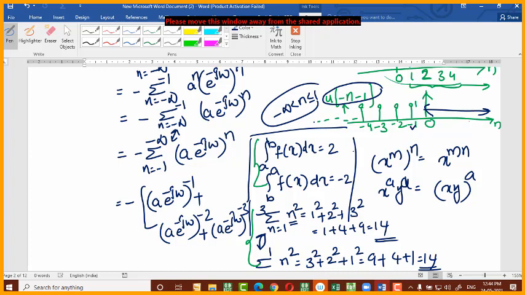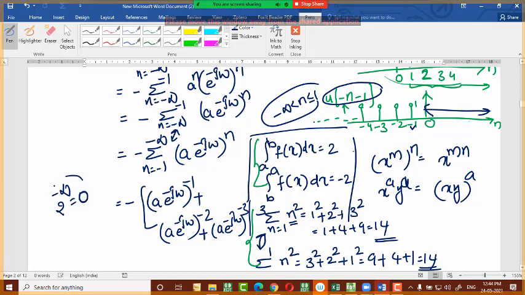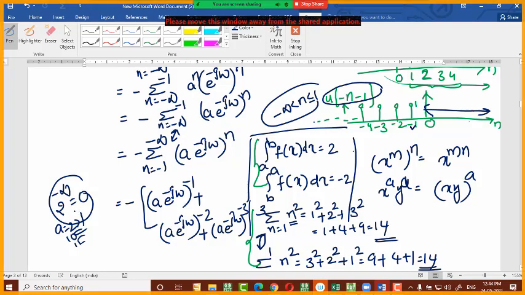Okay, so here what is the last value of n? Minus infinity. So for example, I am taking a as 2, 2 power minus infinity will become 0. So finally you will get 0. That means it is the stable signal. You can get stable by taking a greater than 1 value only, 10 or 15 like that. You can take any value of a which is greater than 1, that is good.